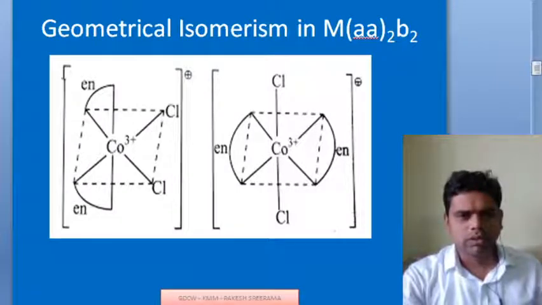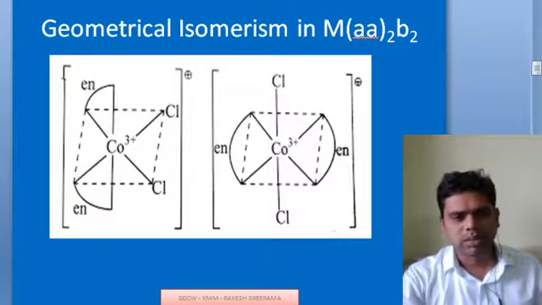So in total you have the coordination number 6. So it is again what type of complex? Octahedral complex, and the example we have here is Co(en)2Cl2 plus, which is bis ethylene diamine